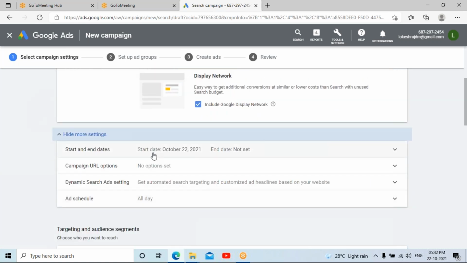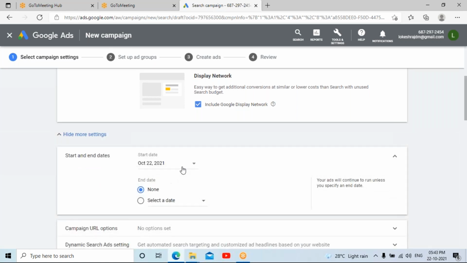The first option here is the starting date. What is the starting date you want to start your ad with? Let the starting date be tomorrow's date.